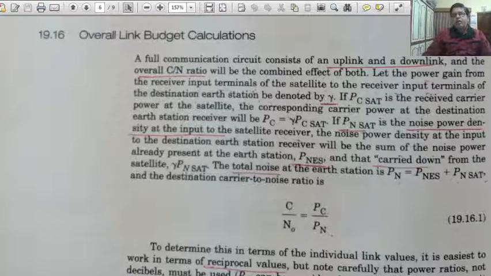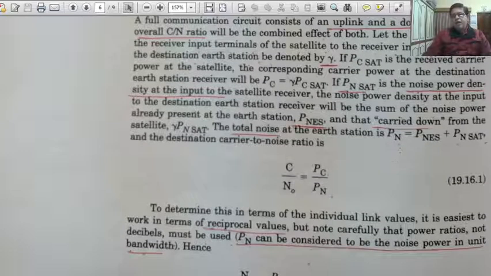The total noise at the earth station PN equals PNES plus gamma PN_sat, and the destination carrier to noise